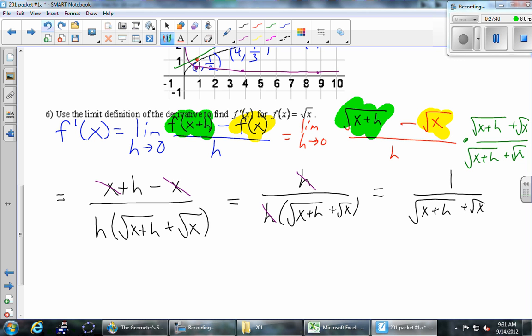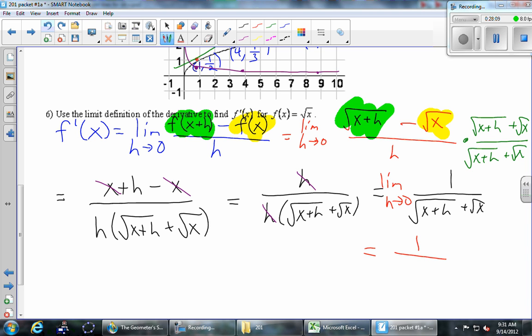Okay, and now I'll write down the thing I should have been writing the whole time. We should have had this limit as h goes to 0 in the front of each of these. And then we actually just send h to 0. What do you get on the bottom? Square root of x plus nothing is just the square root of x, plus another square root of x. What is that equal to?